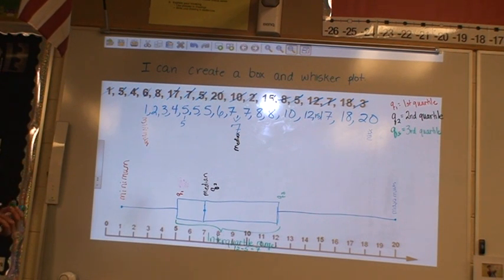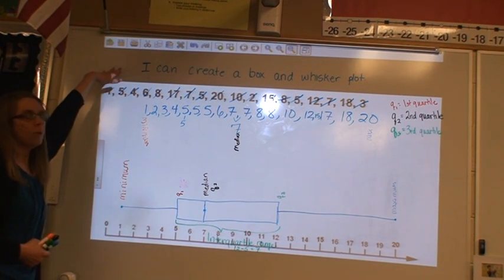Seems complicated, but it's really not too bad. So by the time you are done, and you've gotten some practice, you should be able to create your own box and whisker